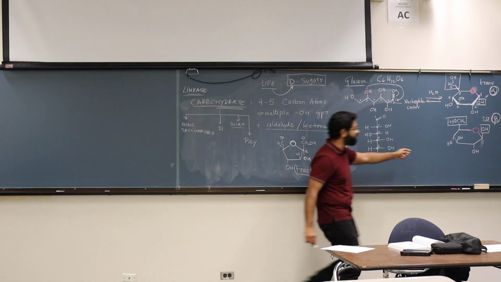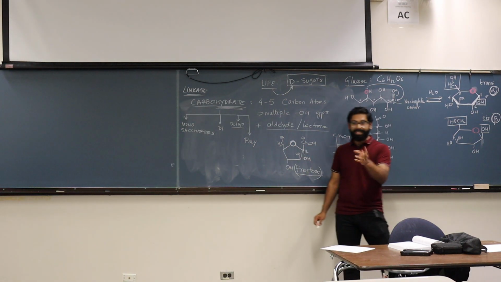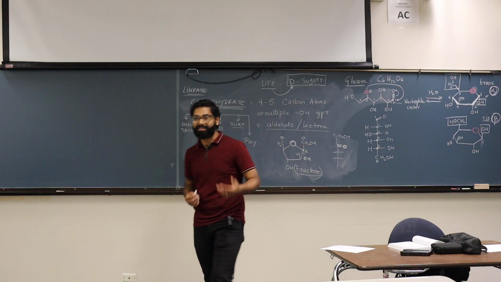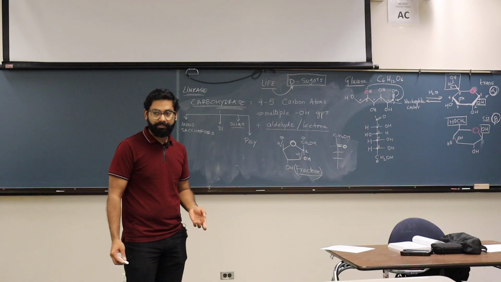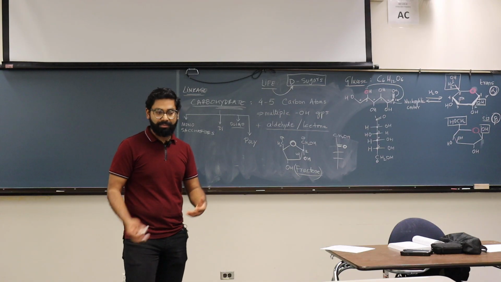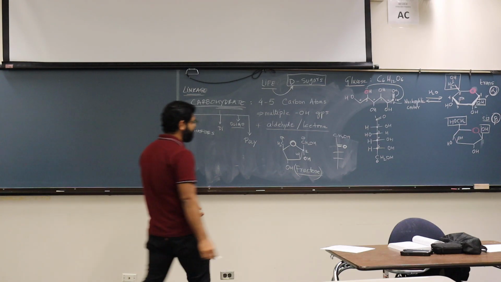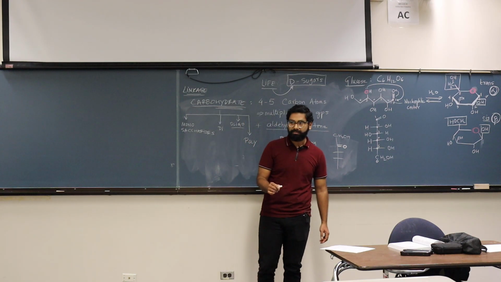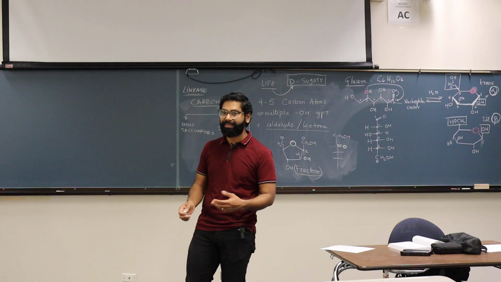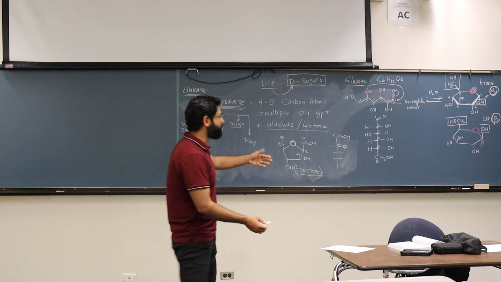In here, you were getting a 6-membered ring. 6-membered rings are more stable because there is less strain on those. Because each of these carbons is what? sp3 hybridized, correct? So they would want to have a 109 degree angle, which is still possible